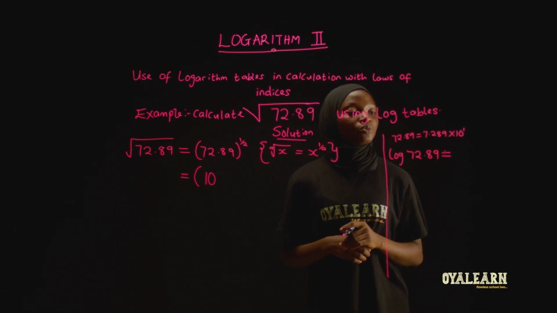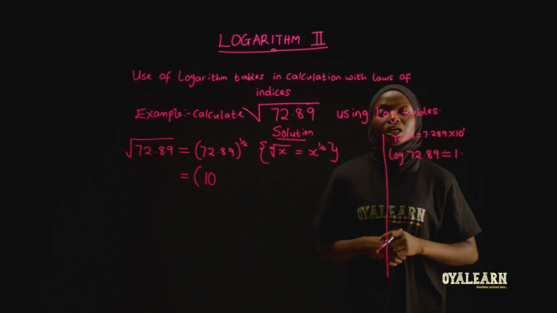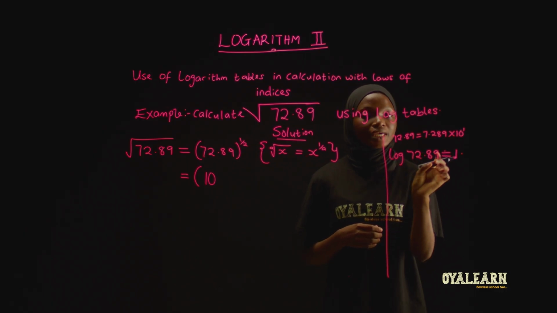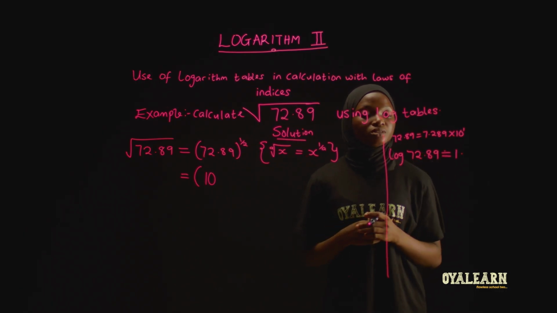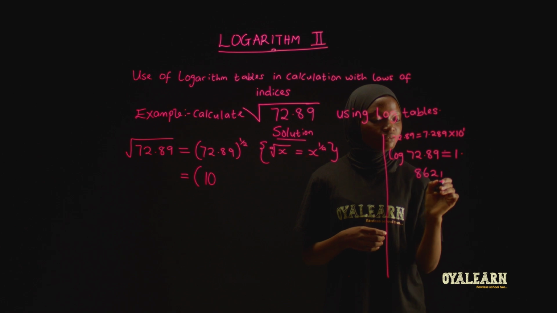So that means for log of 72.89, the integer part is 1 point. Now we look for the value under the logarithm table, 72 under 8, difference 9. When you check a logarithm table, 72 under 8 gives 8621. A difference of 9 gives 5, and we add them together, which gives us 8626. So we have